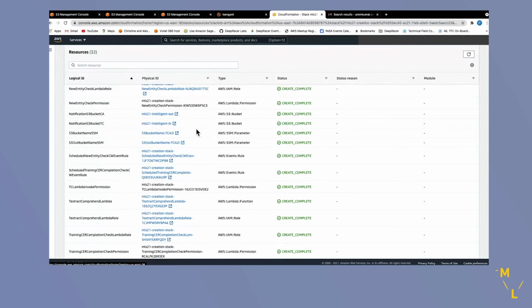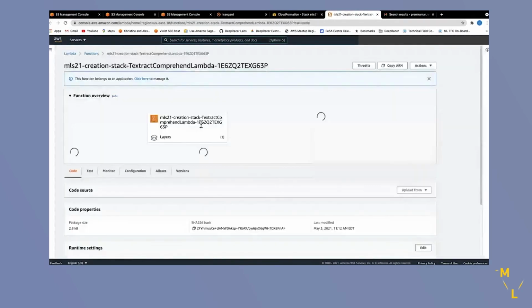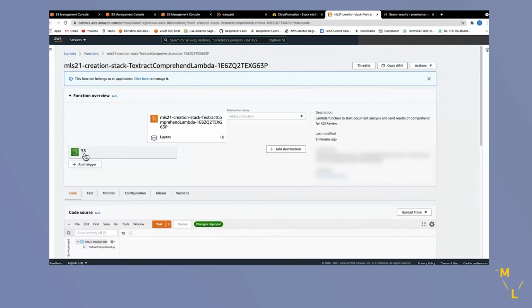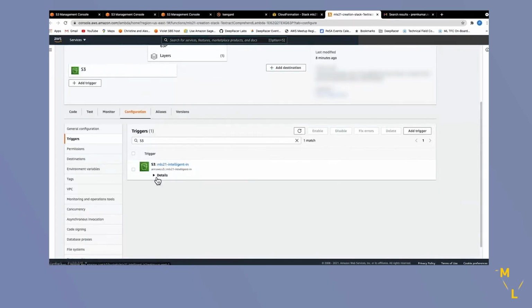So as a first step, we have this Lambda function called textract comprehend Lambda that will be notified as soon as we upload a loan application document into our input S3 bucket, the intelligent doc bucket. So let's go and see how that's triggered. If I go into my Lambda function, as you can see here, I've got an S3 trigger attached. If I click on that, this is the bucket that we created. And it says as soon as I put a PNG file of the loan application in the intelligent doc demo input folder, it's going to trigger this Lambda function. So that's how we're going to kickstart this workflow.